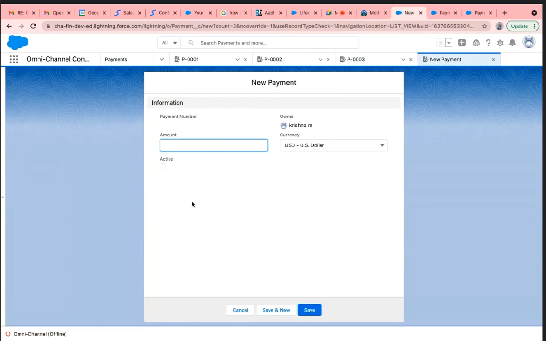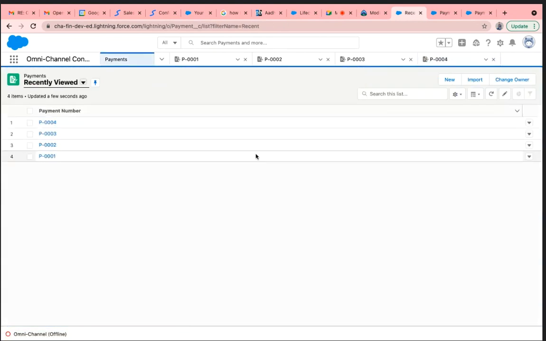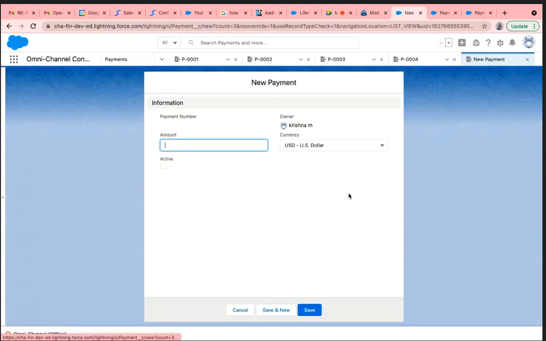There are two things which I created. Now I am able to see this one, but the other one, the date and time, let's see. If I click new, it is not coming. There are a couple of fields I have created, but they are not coming.